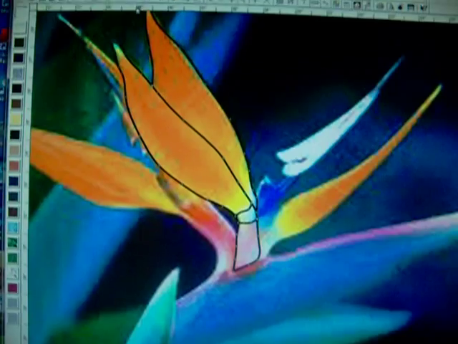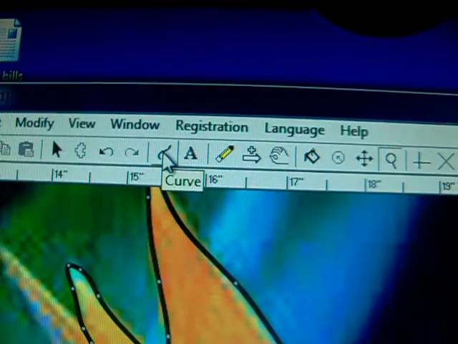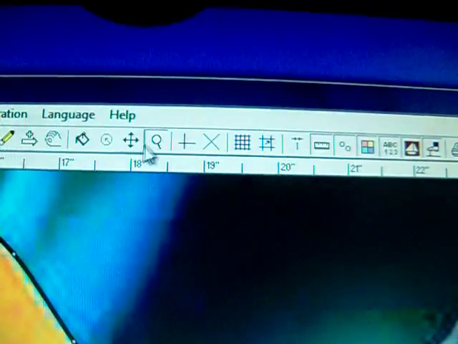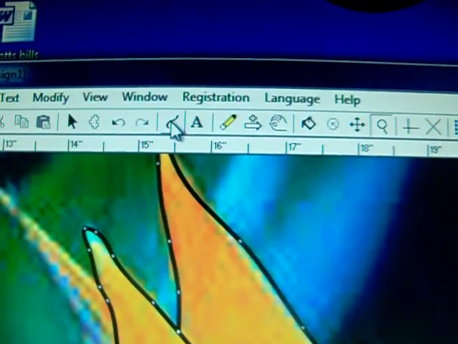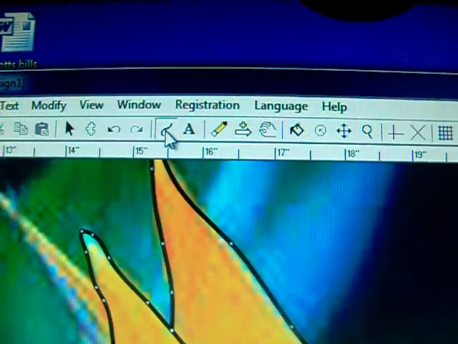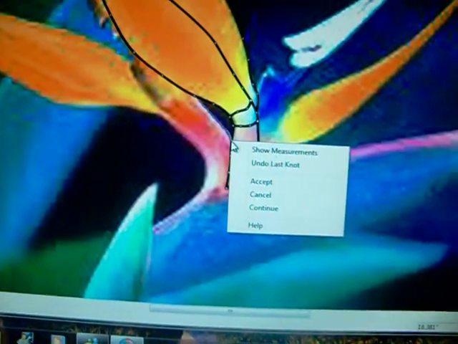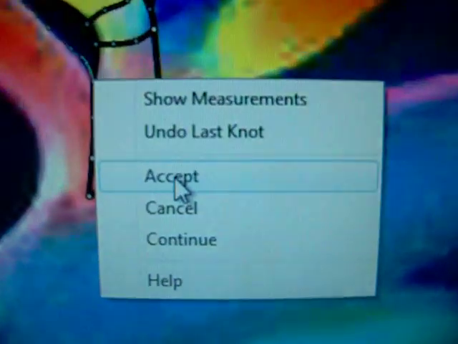So I can start choosing something else. You always have to pick the next radio button that you want to use, because it does not remember. What it remembers is that the last command you gave it was the magnifying glass. So if you want to draw some more, you have to pick your curve button again and select another spot to draw your line. Every time I hesitate, I'm drawing in a line, and right click and accept, and that will allow your finished line to